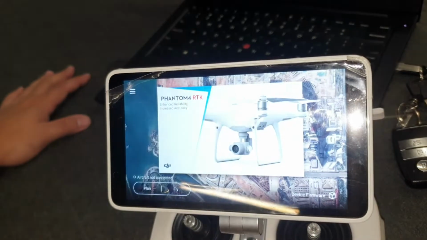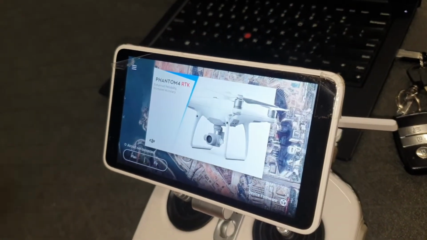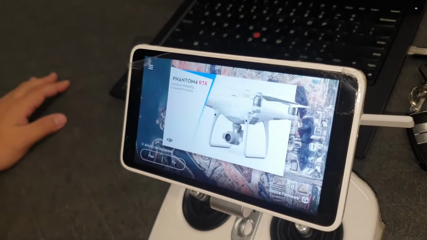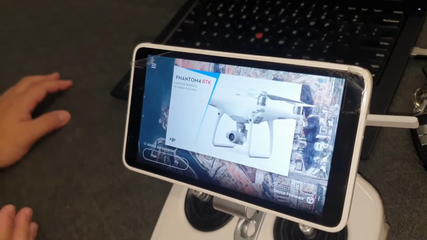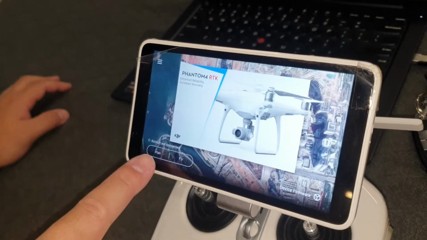Okay. Now this with the RTK tool and the account we're giving you does 2 things. So not only does it map, you can measure as well. So if you have any ground control, what you can do is